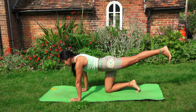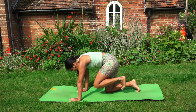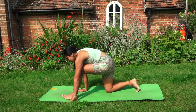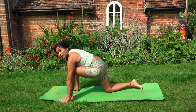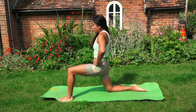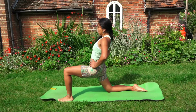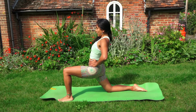And this time on the exhale, really round the spine. And you bring that knee through and step the foot between the hands. Good work. Leaving the fingertips on the ground if you'd like, or maybe lifting your torso and bringing your hands to your hips. We'll gently allow those hips to move forward and down as we open up that front hip